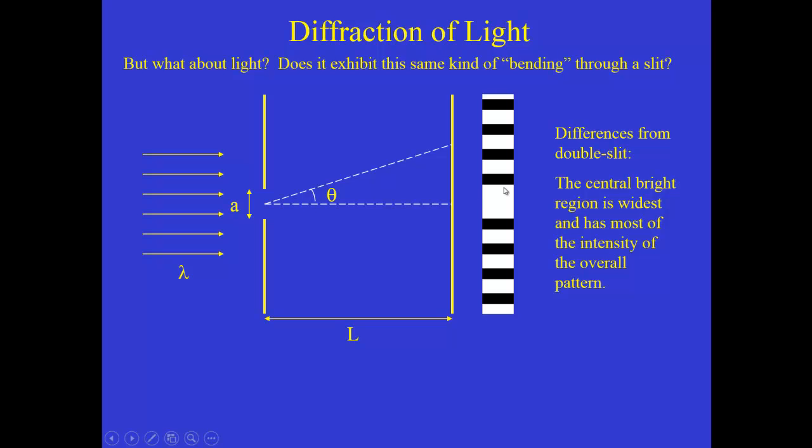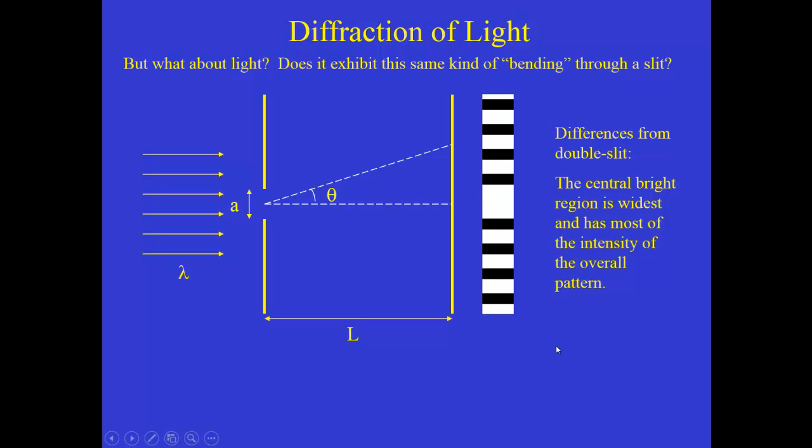And when we look at this in class, I'll be able to show you a demonstration. You'll see that that central bright region has most of the intensity of the overall pattern. These subsequent bright fringes get dimmer and dimmer as you move away from the center. Nevertheless, there still is this series of bright and dark fringes. And once again, the only way to make sense out of this is to think of the light as having a wave-like character, so that in some sense there must be constructive and destructive interference happening at different points on